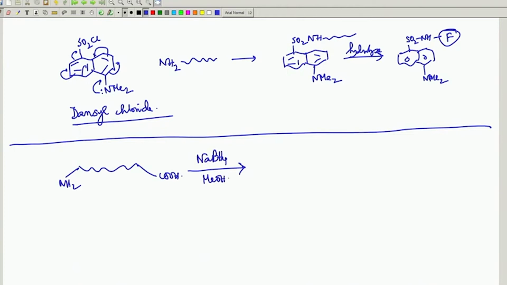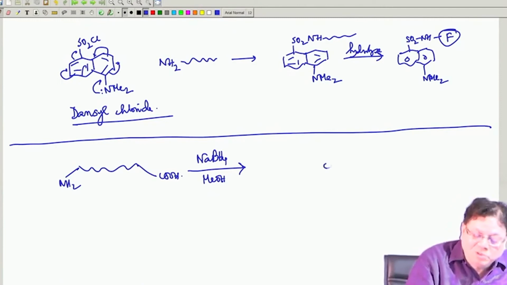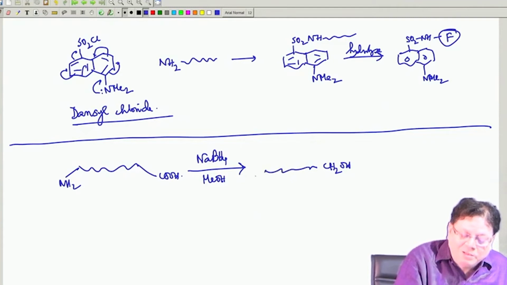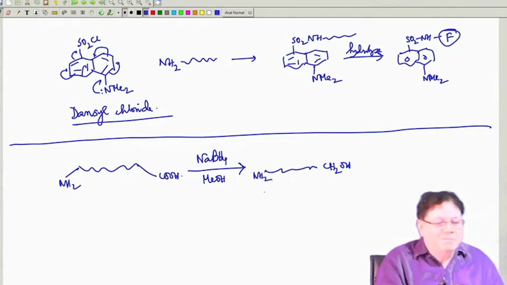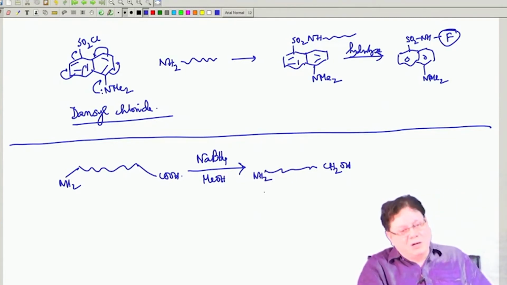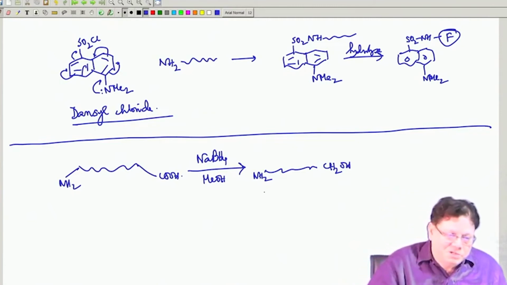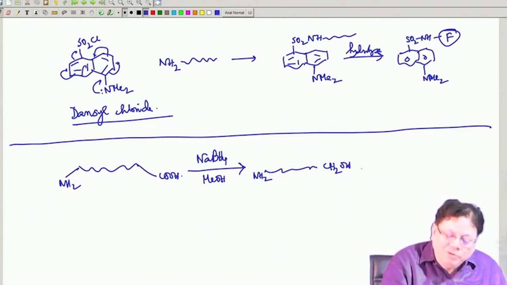What does sodium borohydride do? It actually reduces carboxylic acid into alcohol. You cannot use lithium aluminum hydride, because lithium aluminum hydride will also reduce the amide bonds, but sodium borohydride in methanol reduces only the carboxy group. So, this will become an alcohol, and all the amide bonds will stay, because sodium borohydride cannot reduce the amide bonds. Okay. So, now if you hydrolyze,